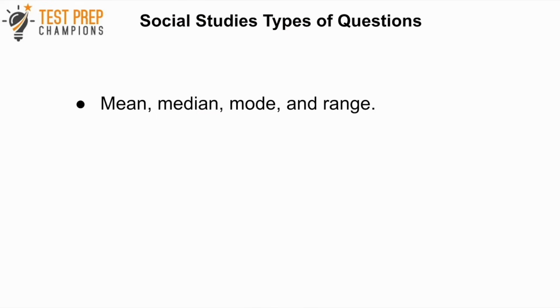Mean, median, mode, and range questions are also fair game for GED Social Studies, and we're going to look at an example of how to find each one. The purpose of this part of the video is just to give you a foundation for mean, median, mode, and range. These aren't necessarily meant to be the same difficulty as what you'll see on the test. That being said, if you understand these basic examples, I think it'll help you out if you get harder examples